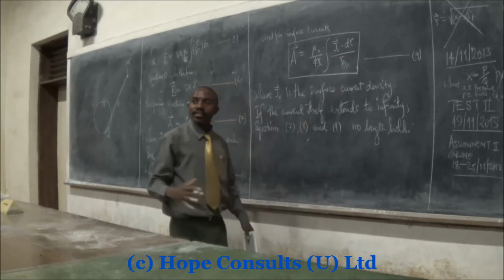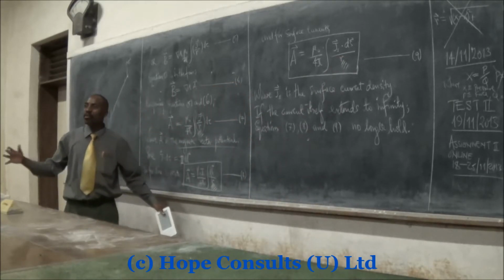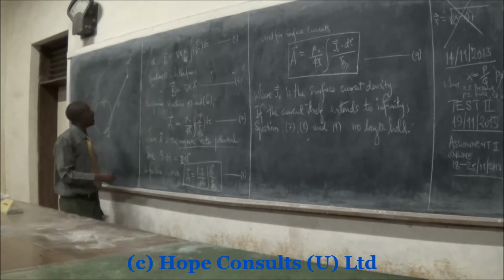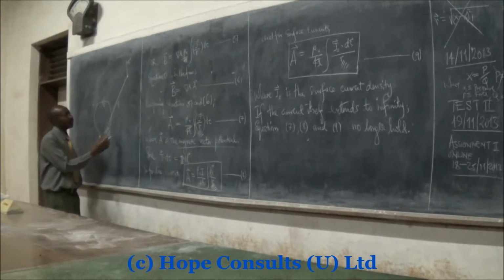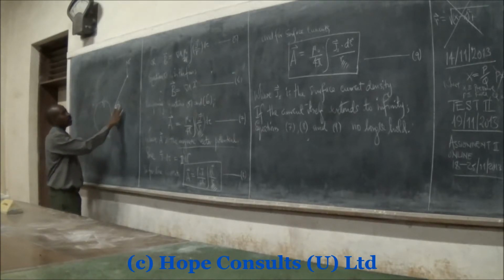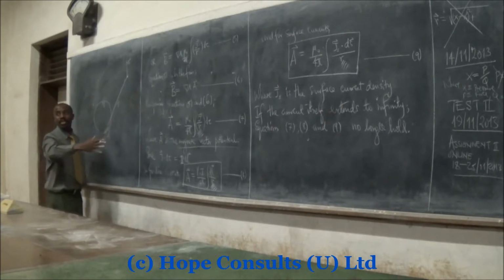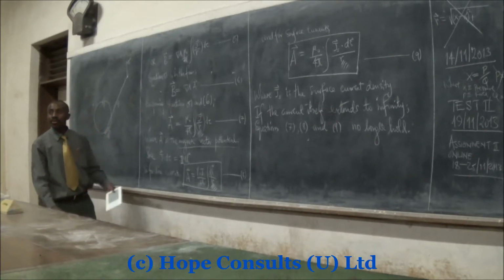So if the current extends and keeps going, that means you are extending to infinity, which means that you are having this distance becoming larger and larger, and the more you divide by,